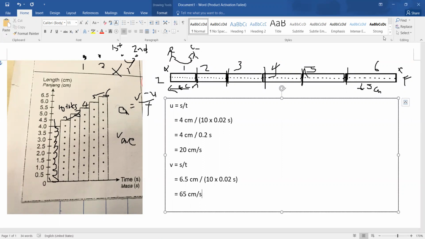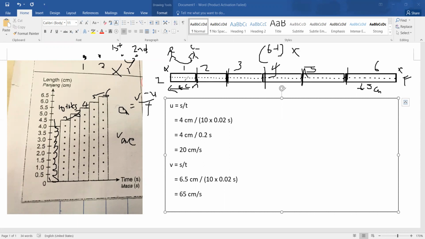All right, we have found v, we have found u. Now we have to find t. What we're referring to as t is actually the difference in time from the initial velocity to the final velocity. That means we cannot actually count the first one. In some textbooks, they will say that you just count how many tapes there are. How many sections? 1, 2, 3, 4, 5, 6. So it means 6 minus 1